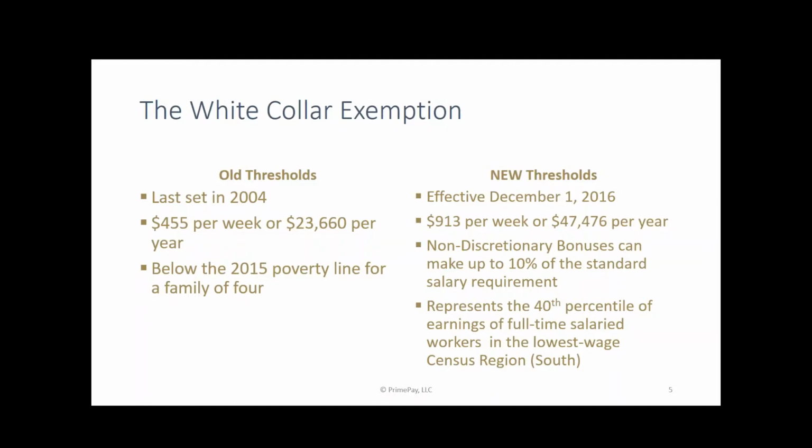When you think about a salaried individual, we're not tracking their hours. We assume them to be working a fixed number of hours every week, generally anywhere between 32 hours to 40 hours a week, right? And so employers now need to think about those definitions, and based on these new thresholds, what do I have here in my workforce that I've labeled as exempt but are either well below or close to that 47,476 number